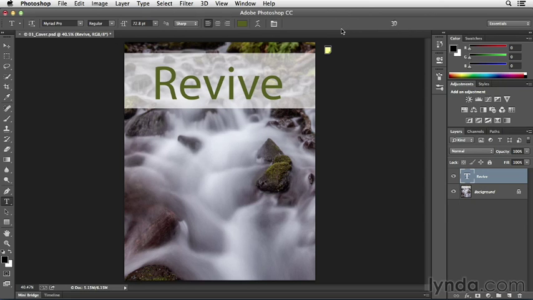And all of the type that's in Photoshop is vector-based type, which means that you can scale it as large as you want or as small as you want, and you're not going to lose any quality. So you don't have to worry about turning your type layers into smart objects. You can scale and skew them and change them as many times as you want, and they will still maintain the highest quality possible. Let's go ahead and add a quick outer glow to this headline type in order to